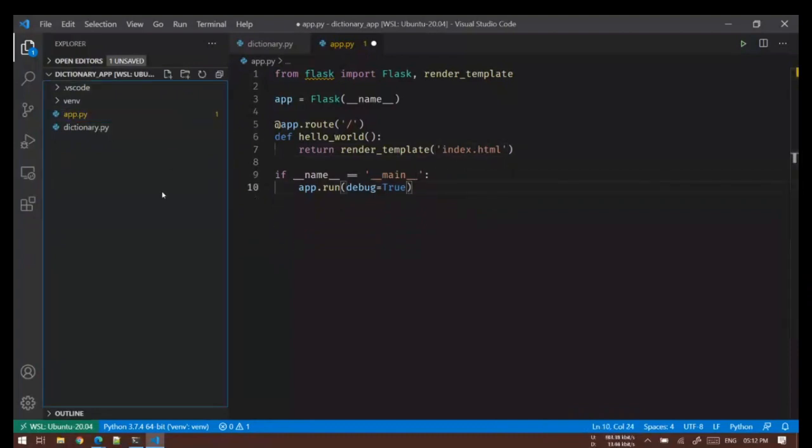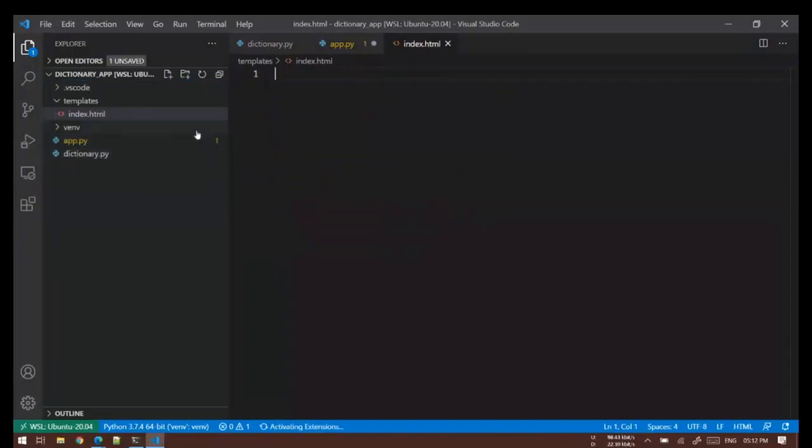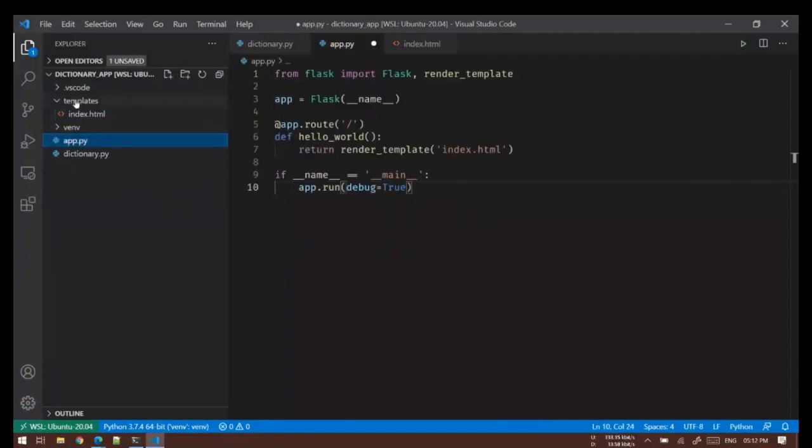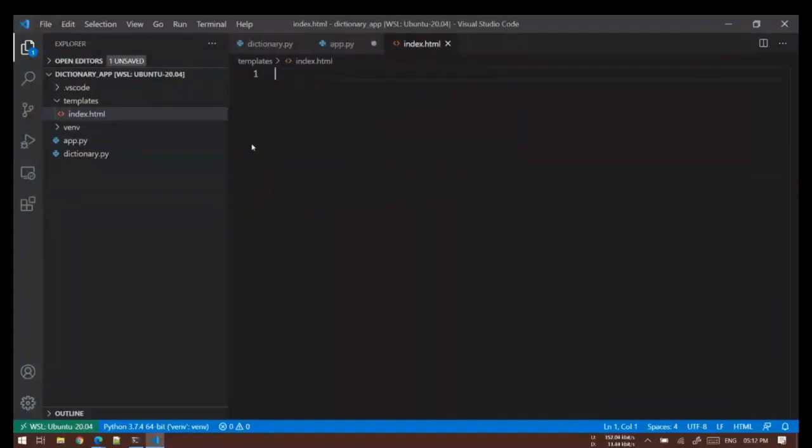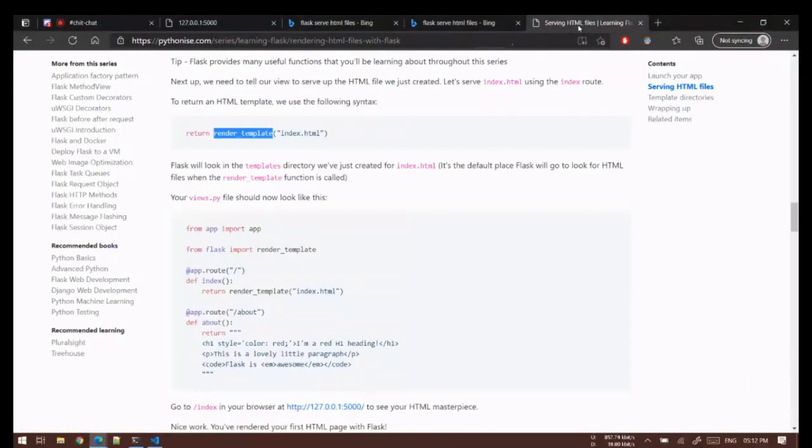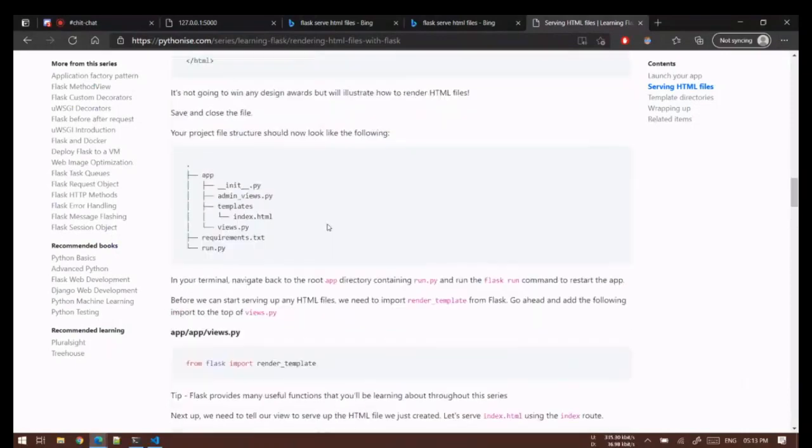So this is what we are doing. Now to actually have index.html, first we'll have to create a folder called templates and then index.html. So we have our app, the sibling folder is templates, and inside that we have index.html. Okay, we have done this.